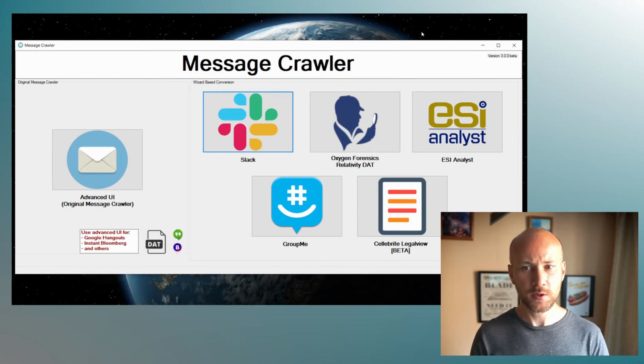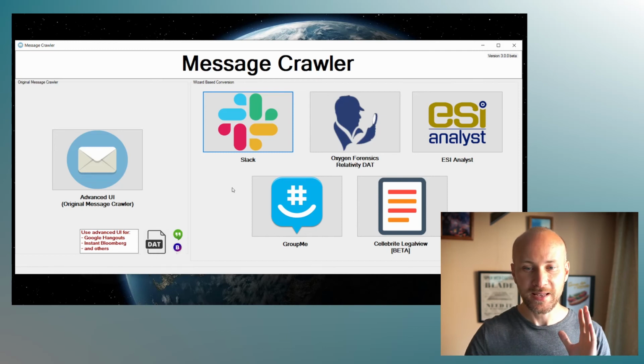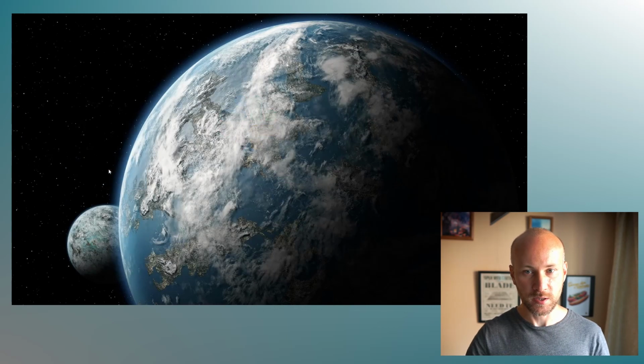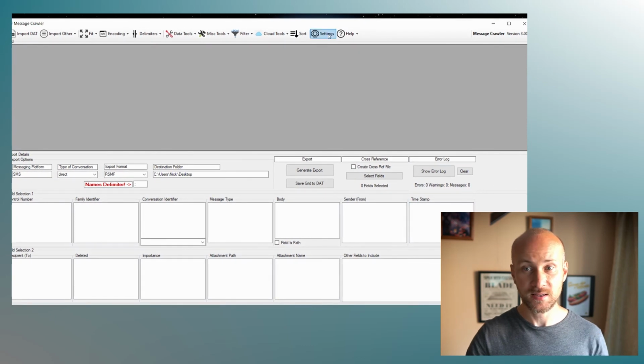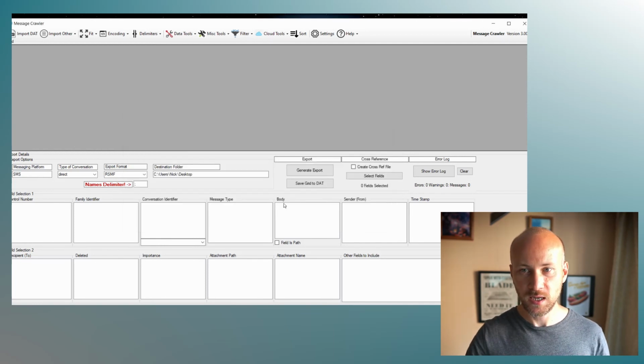When I showed it to people, everyone liked it. Problem is, there aren't enough wizards for every possible data type that Message Crawler supports. So these are the ones that are available for now, and I'll be adding more, of course. But if at any point in time you want to use the original Message Crawler, you just have to click right here, Advanced UI, which is the original Message Crawler, and bam, you're back to your original user interface like nothing changed. And if you want to always start in the original interface, you just say start in advanced mode, save, close,